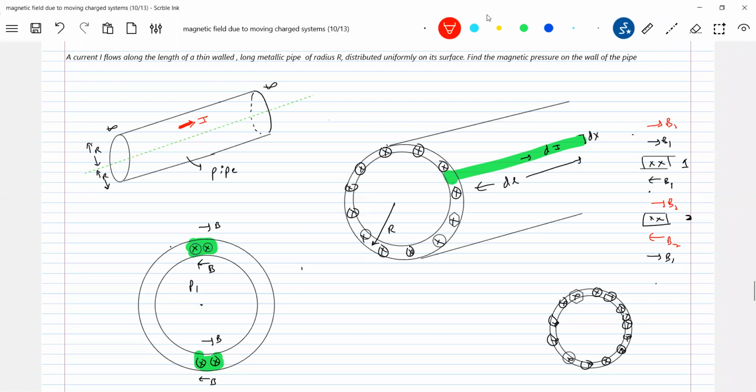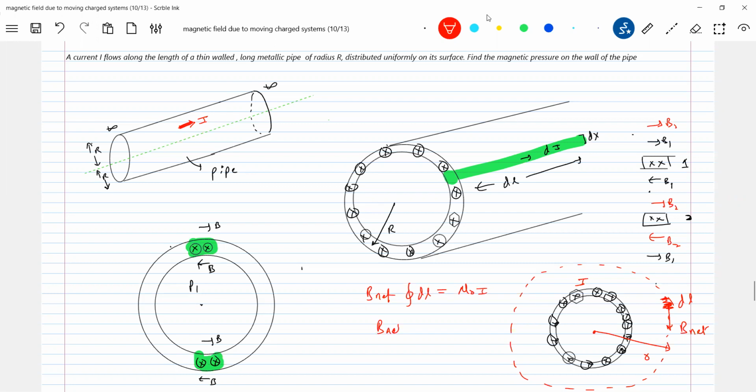And I'll assume an Ampere's circuit law, Ampèrian loop. Let it be like this. The total current enclosed is I. And let me take a dL here. According to Ampere's law, what is B net? B net into integral of dL should be equal to mu naught times the net current enclosed. Of course, the current I is flowing, but what is the net current enclosed? It is I only.